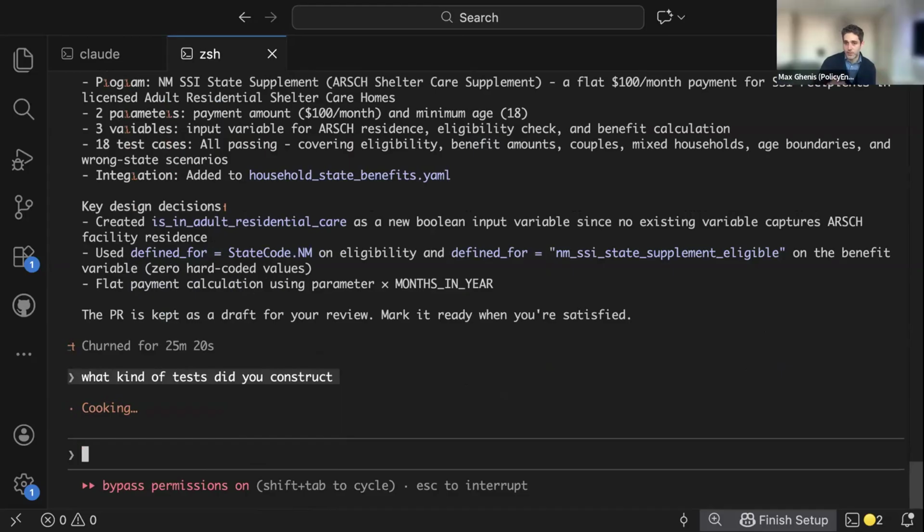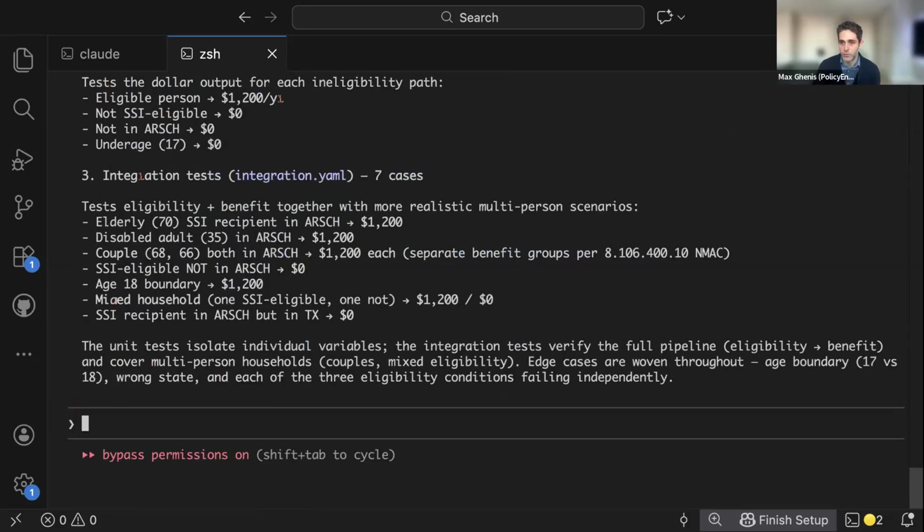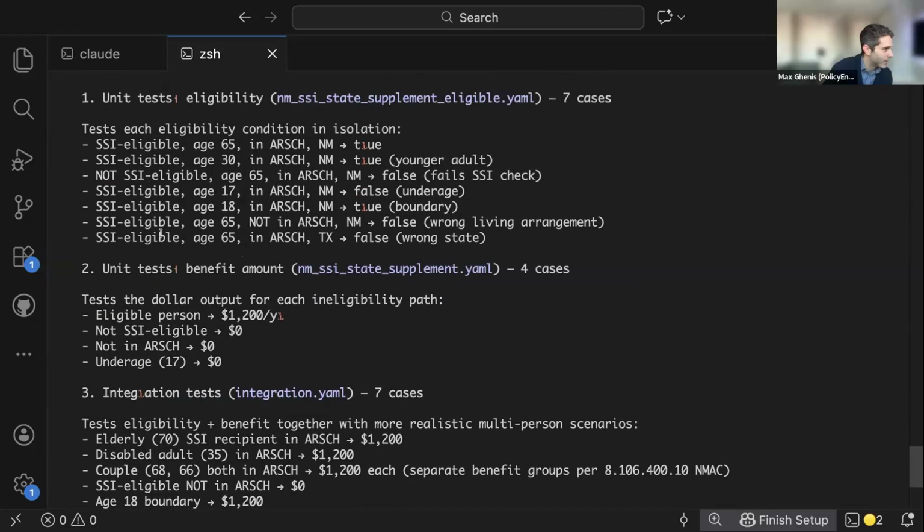Yeah, so Ziming can speak to the prompts that went into it. I think you've done quite a bit of refining of the prompts for constructing the tests. For example, we want to capture the edge cases where they're barely eligible, barely not, across lots of different dimensions, but also more typical kinds of cases. Let's see what it did here.